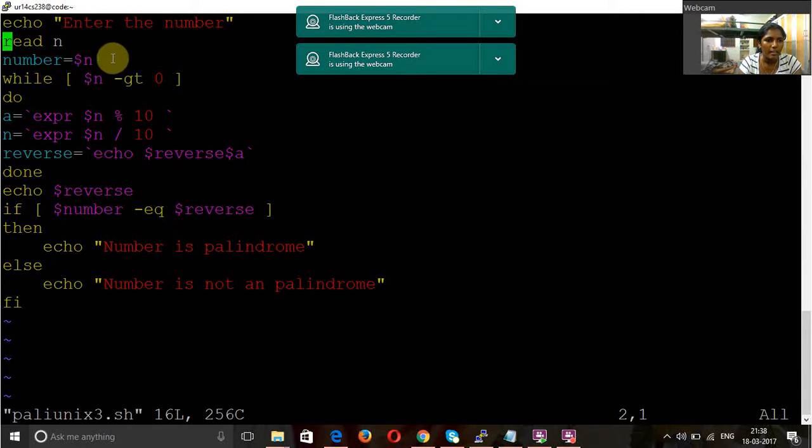Then in my while loop, I am checking whether the entered number is greater than 0. After that, first I am doing modulus of 10, and then I am dividing the value by 10, and I am storing it in